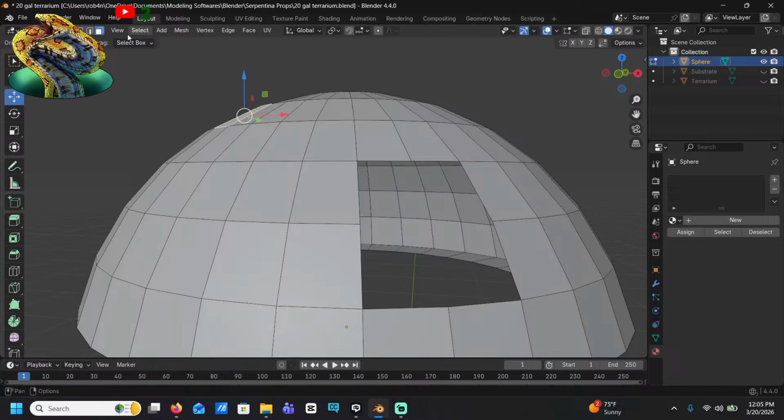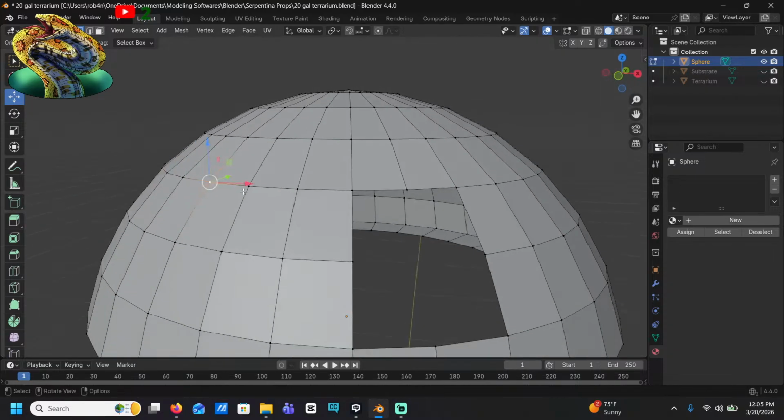Okay, now I need to go over here. Basically make it lumpy because I'm making it into a rock. It'll be fine. So I'm basically making it lumpy.